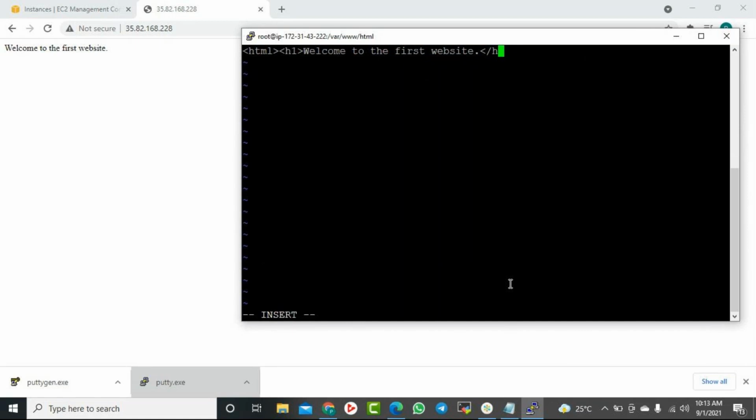First close H1 and you can close HTML. Okay, same way. And what else? Suppose you want to add some more lines, so you can give some different heading.